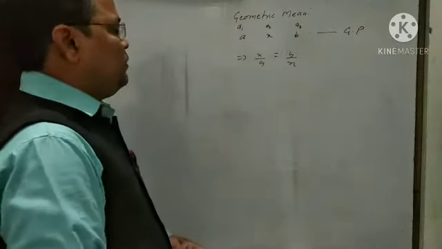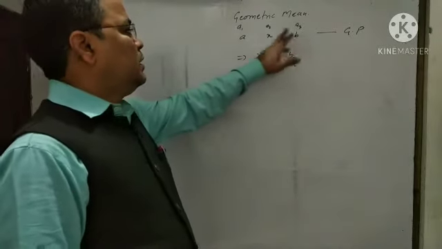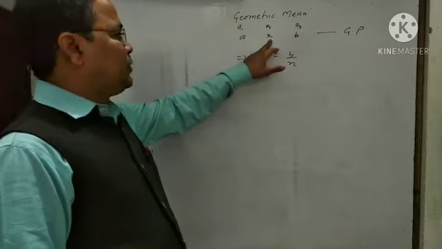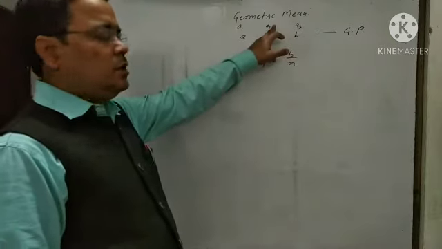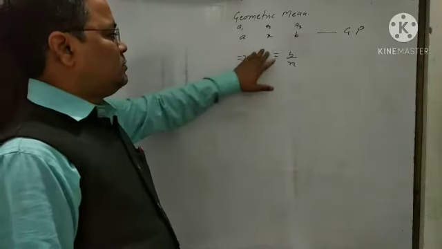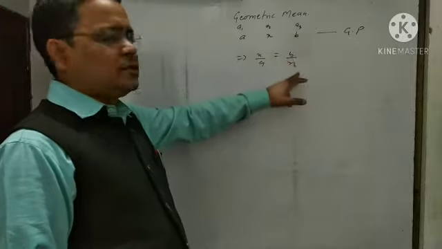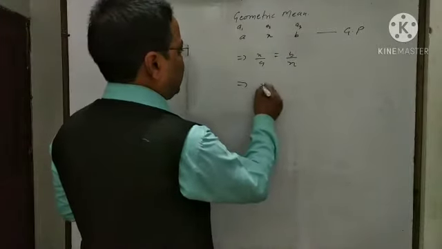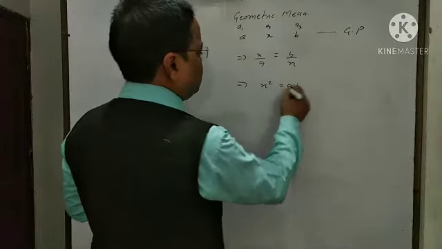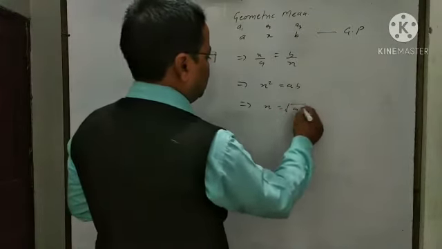It means if here I am going to find the geometric mean between a and b, then x, which is the geometric mean we just considered, will be the second term. Therefore, the common ratio will be second term upon first term, which will be equal to the third term upon second term. Now, after cross multiplication, we find that x squared is equal to ab. This implies that x is equal to under root ab.